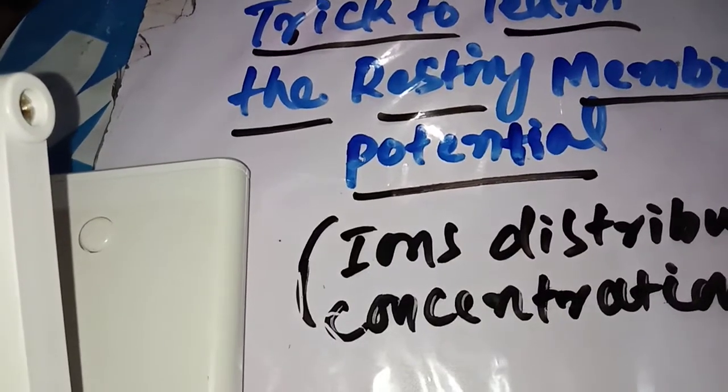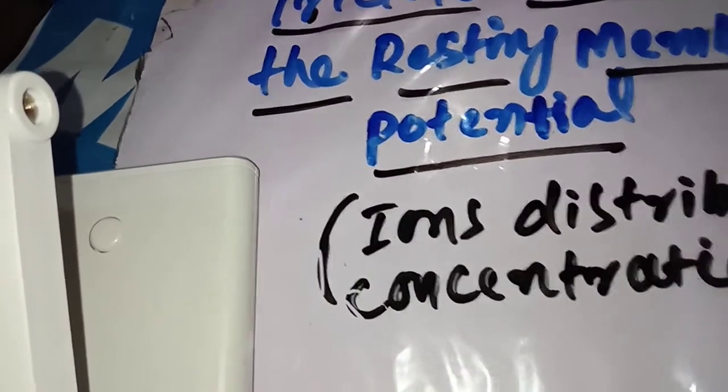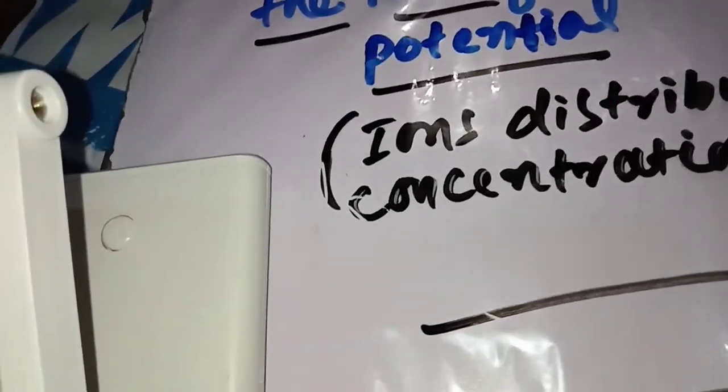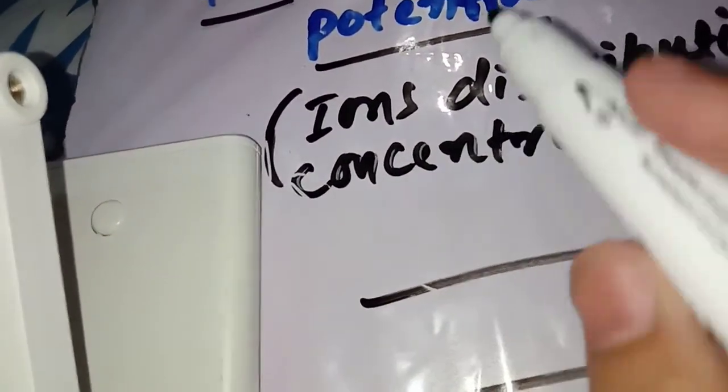Discuss a very easy trick to remember the resting membrane potential. It's ion concentrations, especially. So here, suppose this is a sarcolemma membrane, and here in resting membrane potential we have